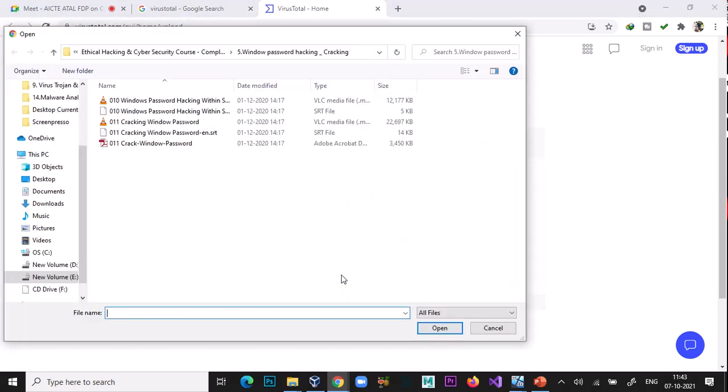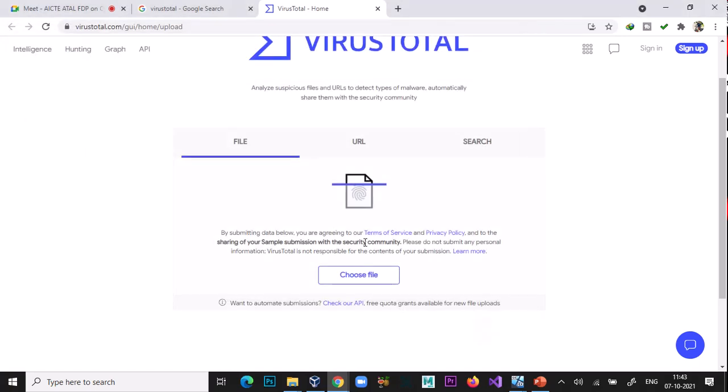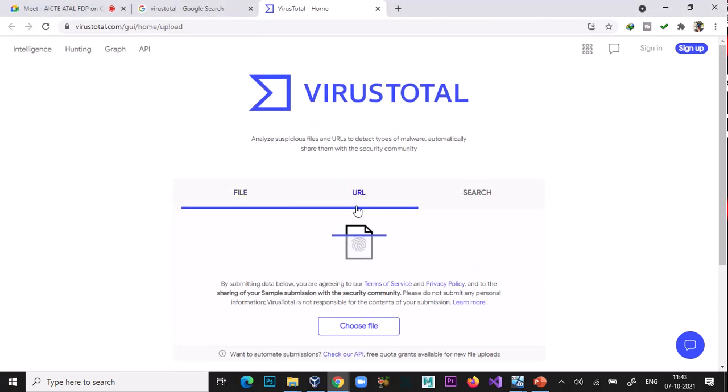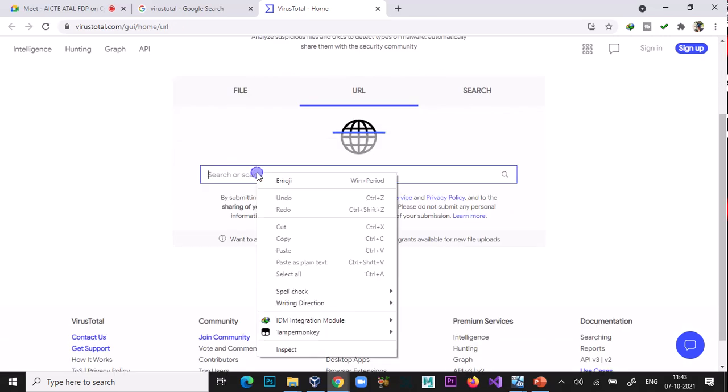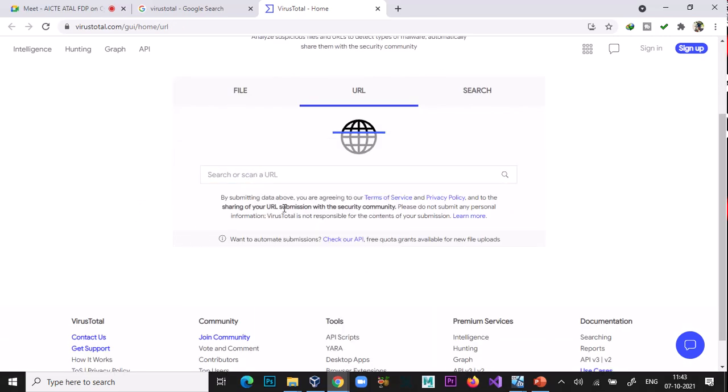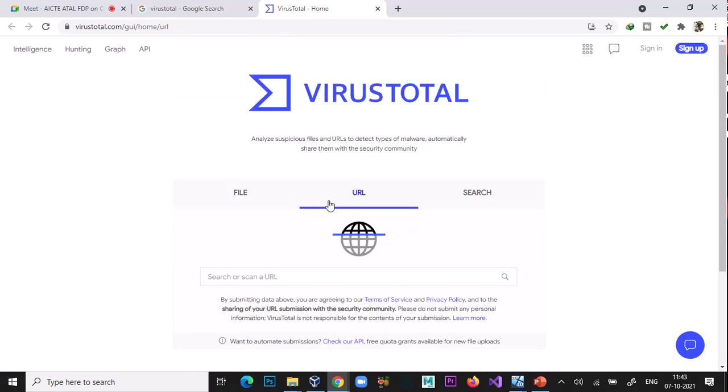If you have any kind of file or any kind of URL, you just type that URL and check whether it is a phished URL or whether any kind of malware is available with this URL or not.